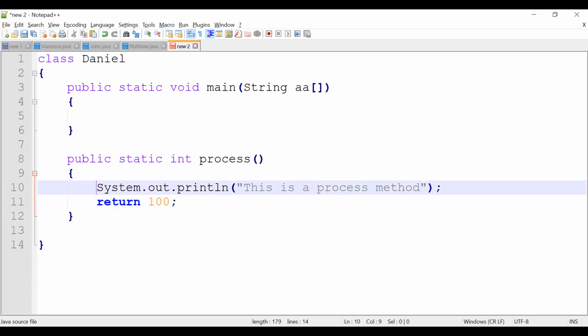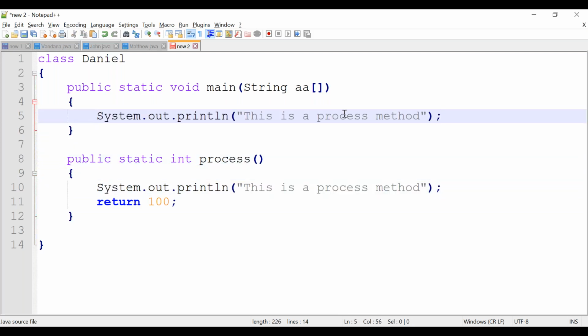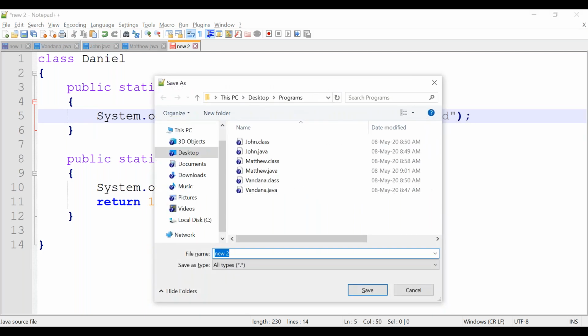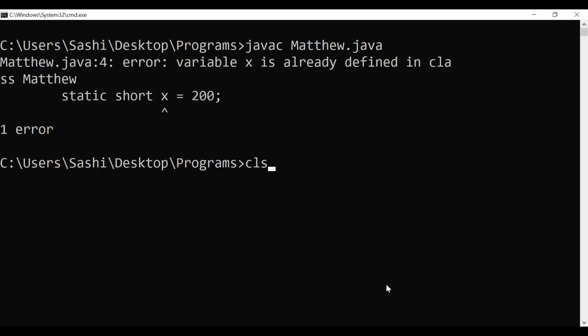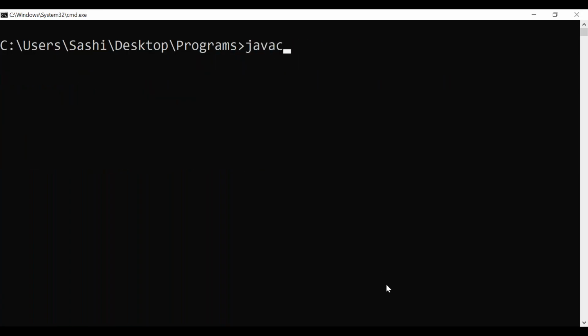Compilation will be success because it should return one value. It is integer type. What I am trying to do here, I am just printing this is a main method, correct? So when I run this class, what will happen? Let's save this class name as Daniel.java. If I run this class, what will happen? Let's compile it.